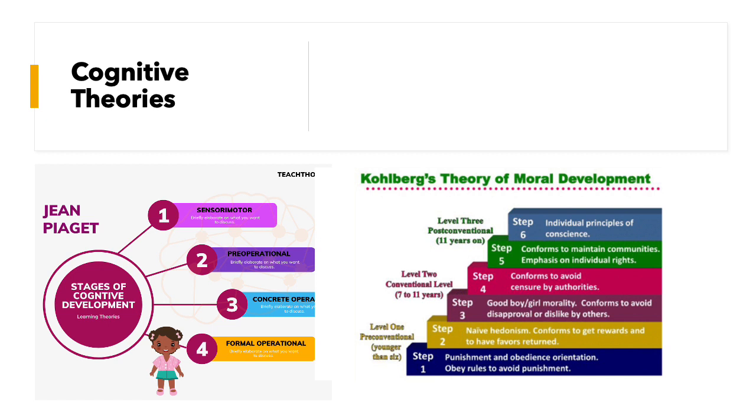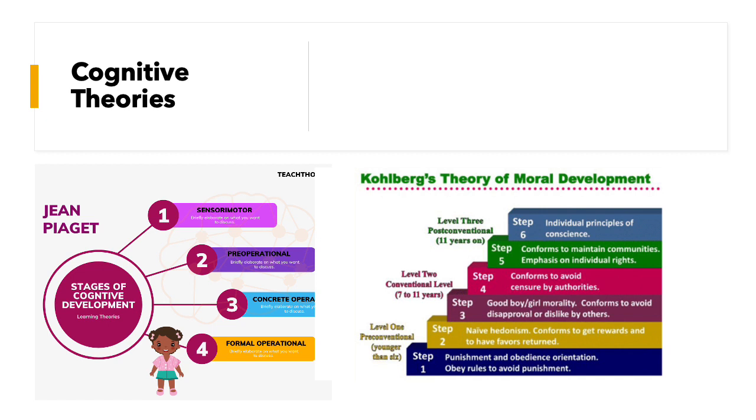Then we have cognitive theories, and one of those is Jean Piaget's stages of cognitive development. He recognized that children go through different stages of cognitive development, and many of these stages depend on the interaction with their environment. Some of the earliest stages depend on play. This is why play is so important in helping children develop cognitively. So recognize and be familiar with each of the stages of cognitive development.